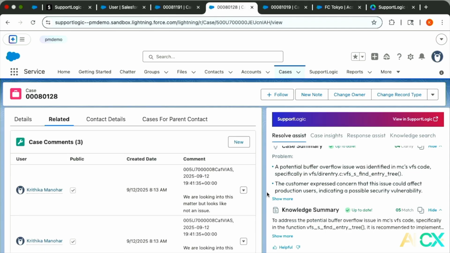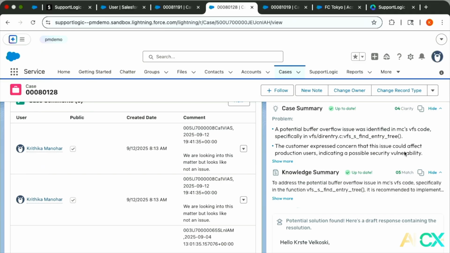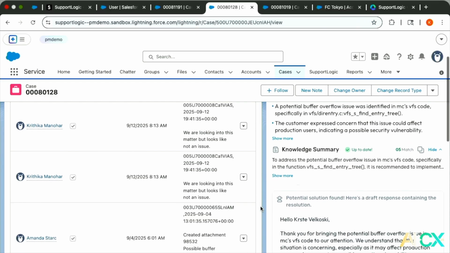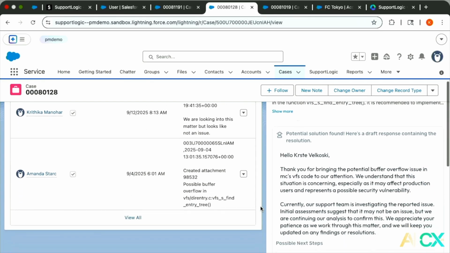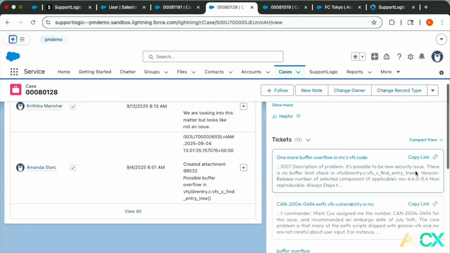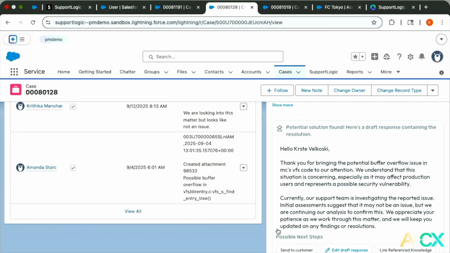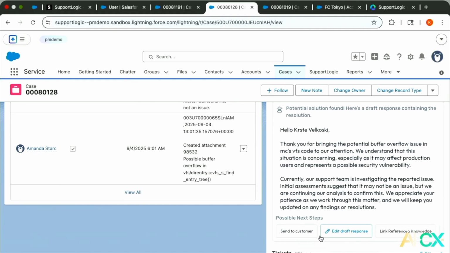We go to the second case. There is a high clarity score, and because you have a high clarity score, we take the case summary, we pass that case summary into our precision RAG engine, which combs through all the knowledge sources. These could be your past tickets, these could be your Confluence pages, this could be your knowledge articles. Let's say there was another similar case that got created where a similar problem was solved, a knowledge article was created,